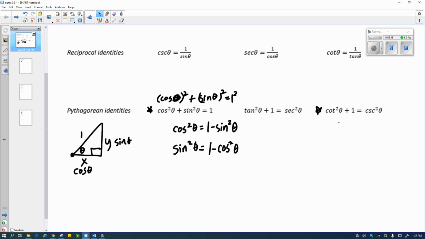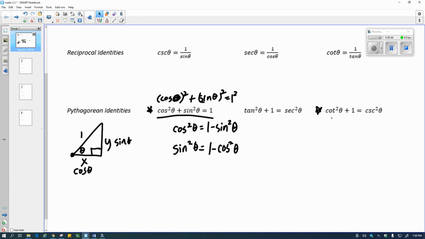But this is just a variation of the cosine squared plus sine squared. Remember, in math, you can divide both sides of an equation by the same thing. You can multiply both sides of the equation by the same thing, as we did here. You can subtract the same thing from both sides. Okay, so what they did to get the cotangent squared plus 1 equals cosecant squared using this original Pythagorean identity